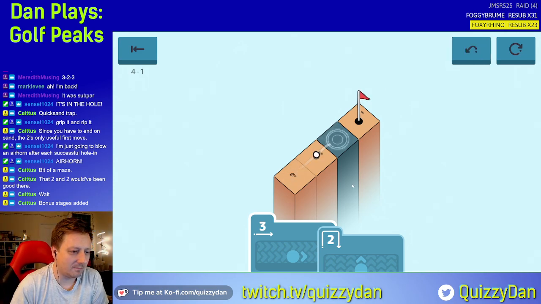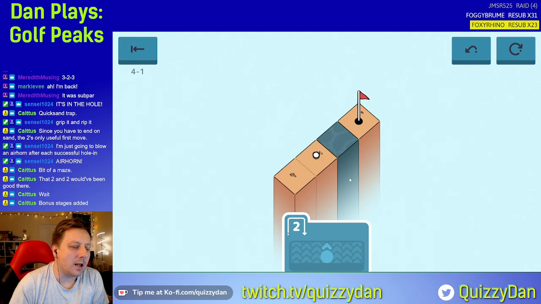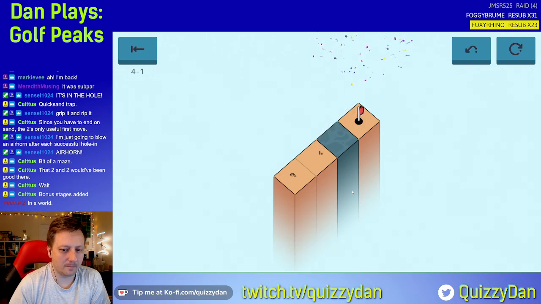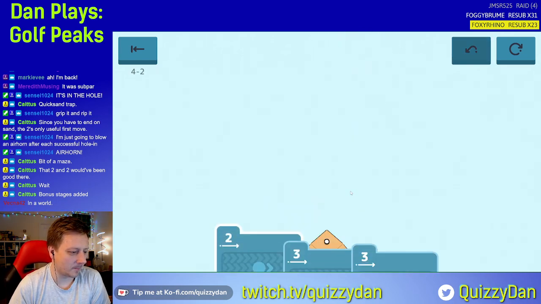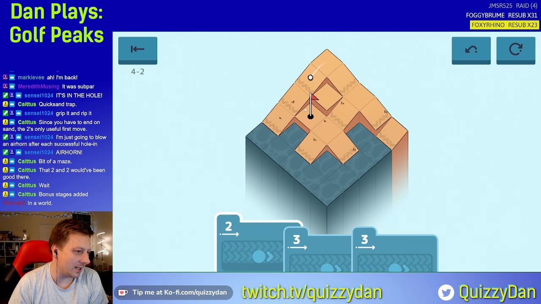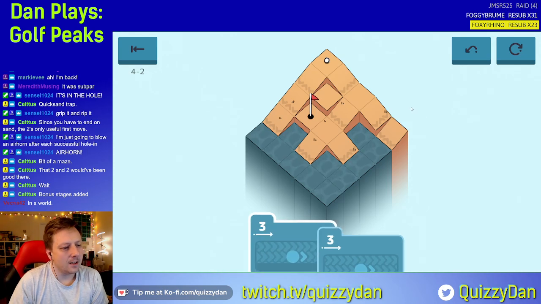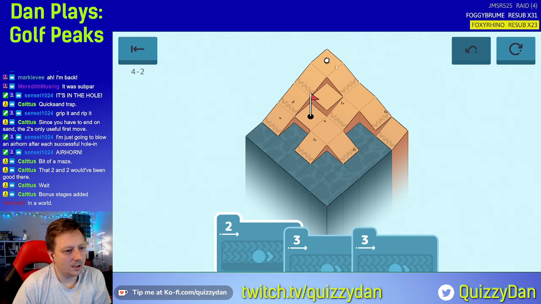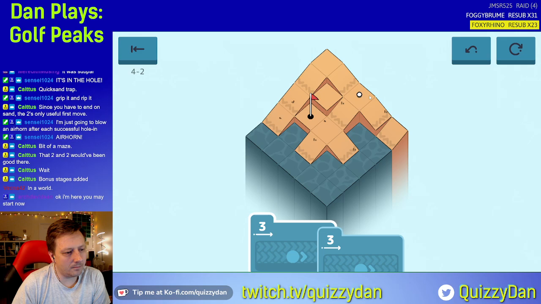3. Interesting. So you fall into the water and then it plops you back at the previous square, which is useful because now we can just chip over it. So we're going to have to plop into the water, aren't we? If I do that, is that just going to keep plopping us in the water? No, it puts us there. Well, that's just a silly move, so let's not do that. So is it going to put us on the...